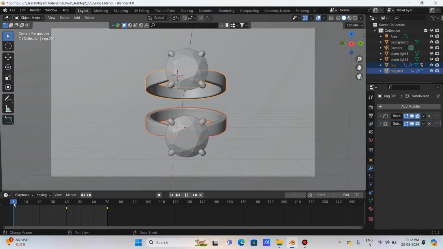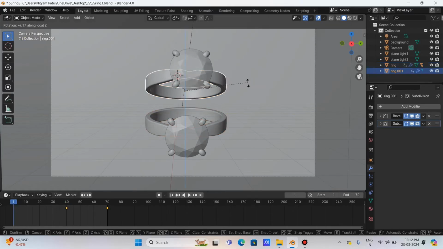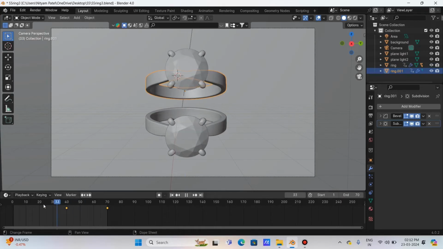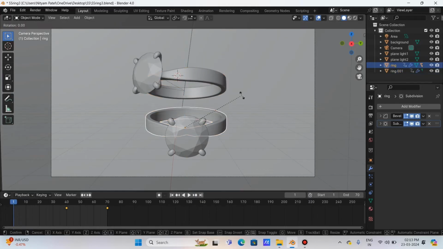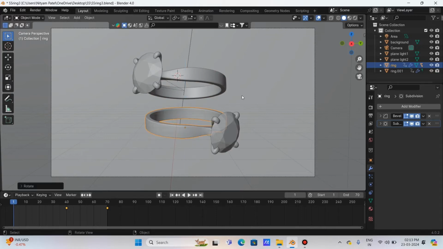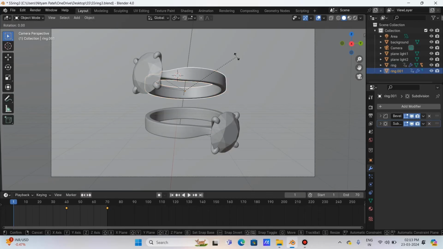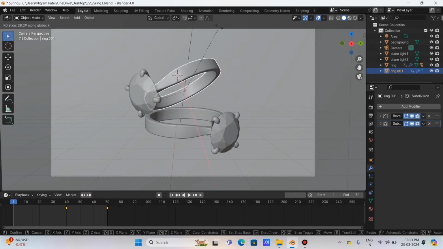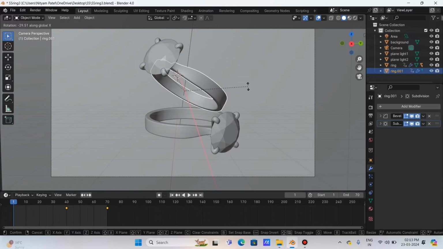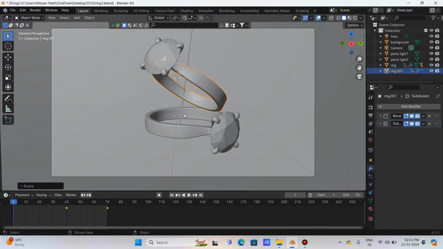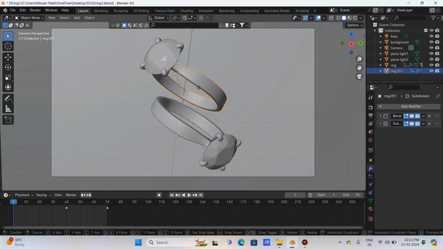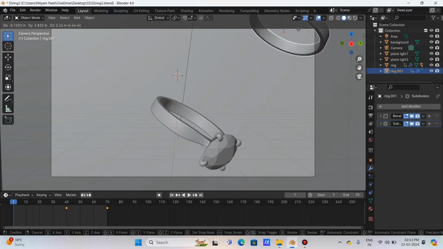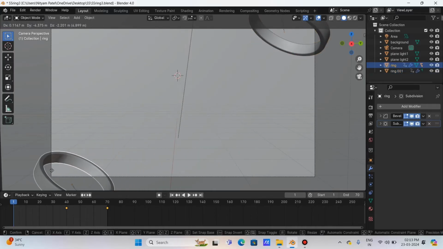So now for the starting, I am going to frame 1, select the first ring and now rotate it to the left side, around positive 30, so R Z and positive 30, and in the same way select the other ring and here I use negative 30. But I want to bring the rings in from outside the camera, so here I give some random rotation, like in X direction around minus 30, and for the other ring I also give a minus 30 in X direction, because our rotation is opposite but the movement is the same. Then select both rings and keep them slightly out of the camera manually,